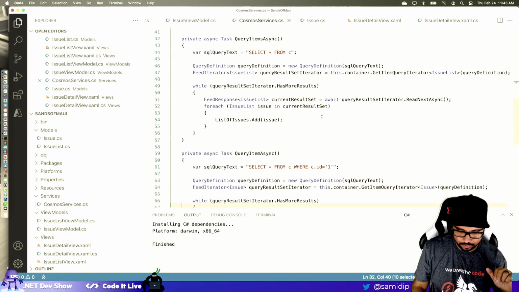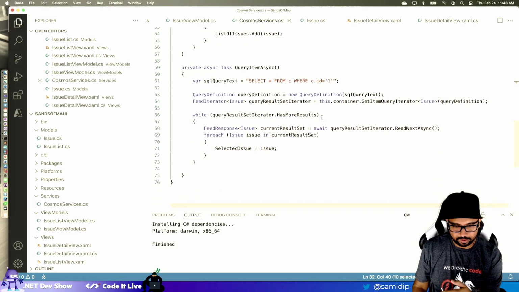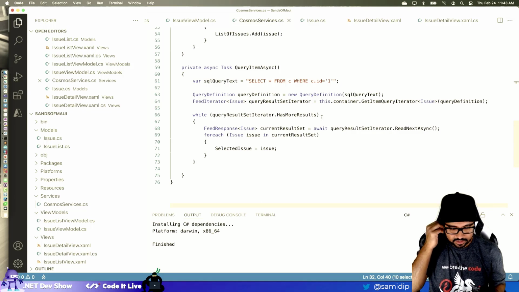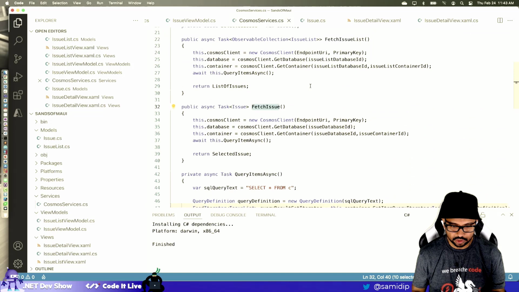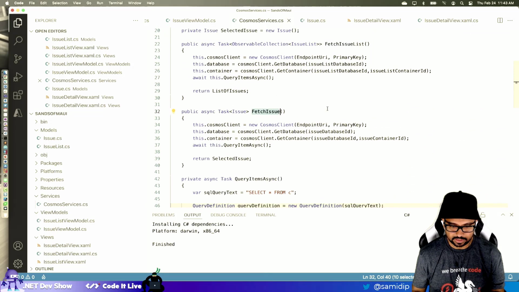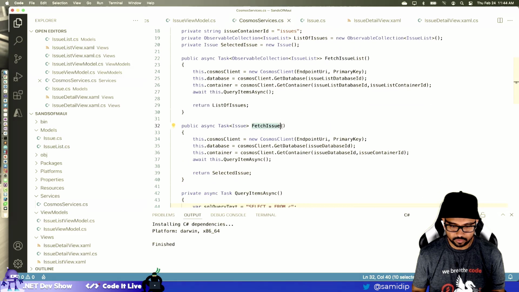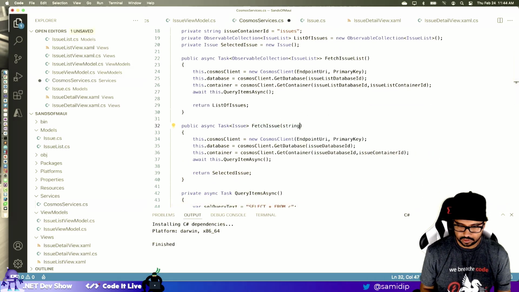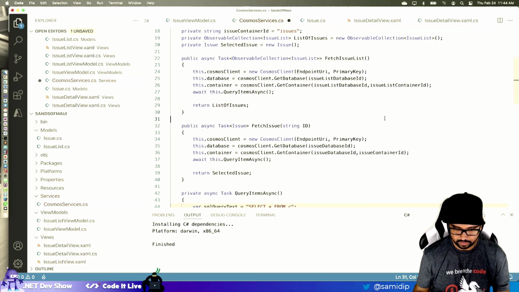But what I need to do is pass that in as a parameter so I can look it up. So for that to happen, in my fetch issue task, this one needs to get a string of ID, right?